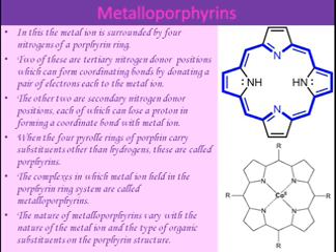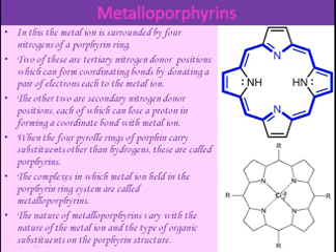Out of these, 2 of the 4 nitrogens are tertiary. The tertiary nitrogen atoms are these ones, and 2 nitrogen atoms are secondary, which consist of H atoms. The tertiary nitrogen atom coordinates by donating a pair of electrons to the metal ion by a coordinate bond, and the other two secondary nitrogens lose a proton and form a covalent bond. So this is the basic chemistry behind the structure of metalloporphyrins, which consists of 4 nitrogens, 2 tertiary and 2 secondary.